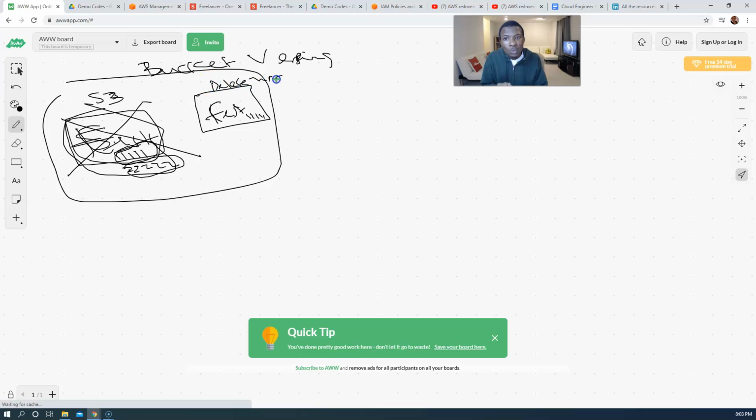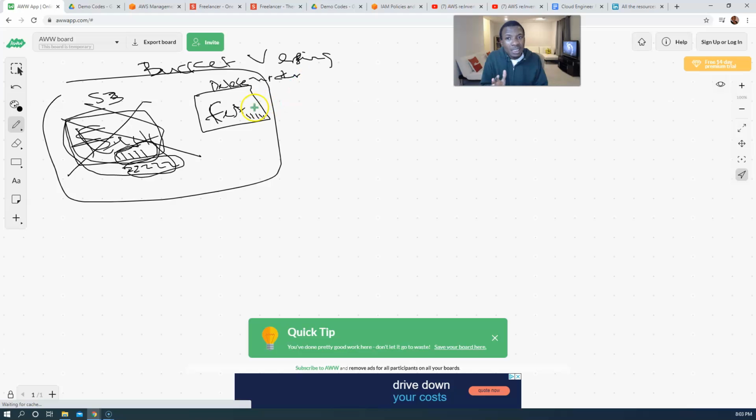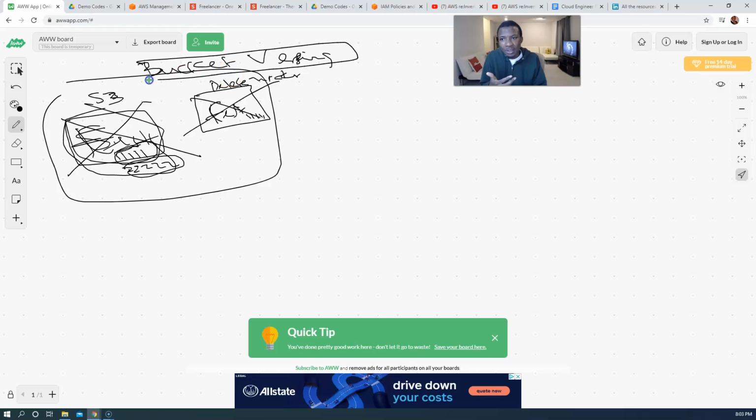What we call a delete marker. Don't mind my writing. A delete marker will be placed on this file, right? So now everyone's thinking, oh, we mistakenly deleted this file. The file is gone. But no, as a cloud engineer, you already knew from the get-go